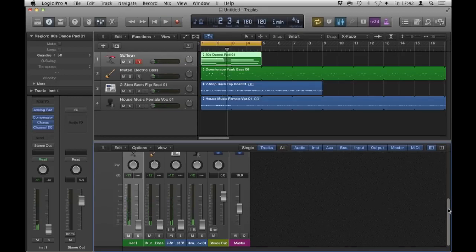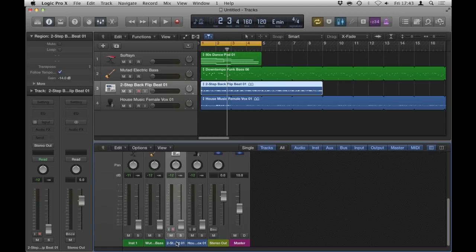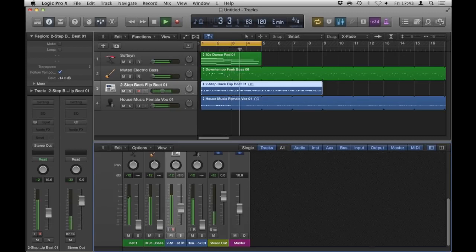Great. Now the next thing I do when I actually start mixing is, I normally start with the drums, or if it's isolated, I use the kick drum to start. But in this, I have a track with all of the drums summed into it, so I'm just going to start with that. What I'm doing now is I'm dragging this fader upwards until what goes out to the mix bus is around